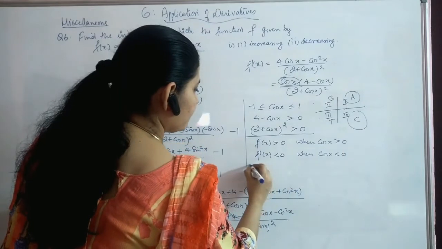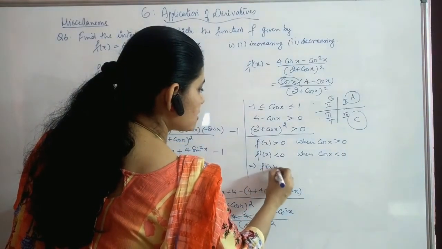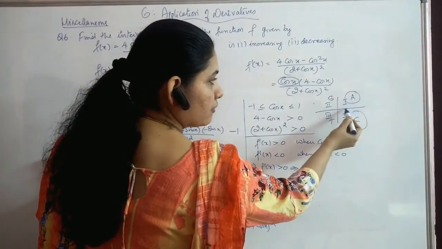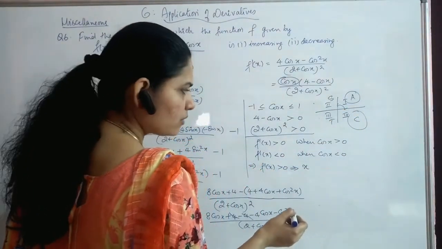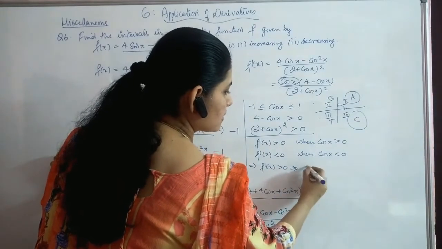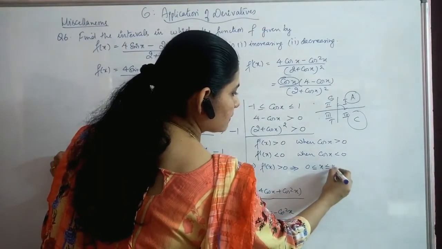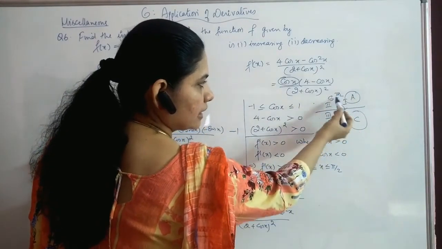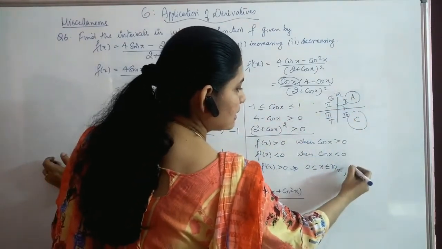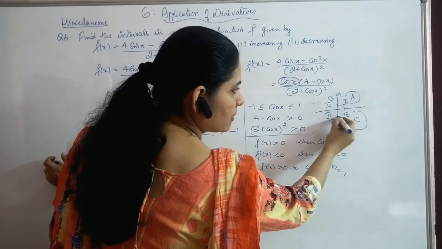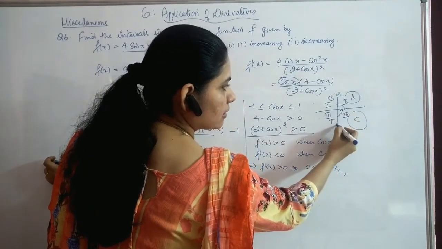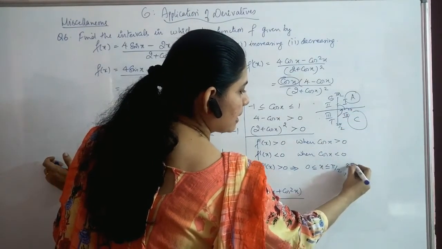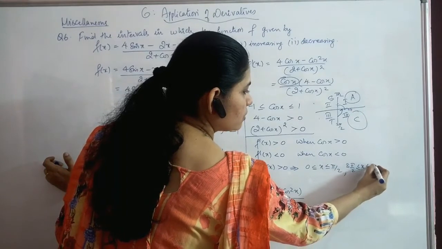So when I say that f dash is positive, that is when cos is positive, what do you mean by that? Which implies that f dash is greater than 0 when x belongs to which interval? From 0 to pi by 2, till this point it is pi by 2. So in the first quadrant and in the fourth quadrant, from this part to this part is 3 pi by 2 and this is 2 pi. So you can say that 3 pi by 2 is less than or equal to x less than or equal to 2 pi.